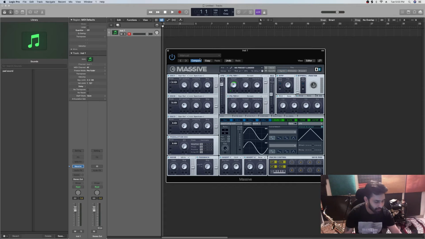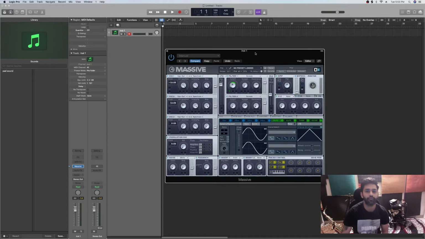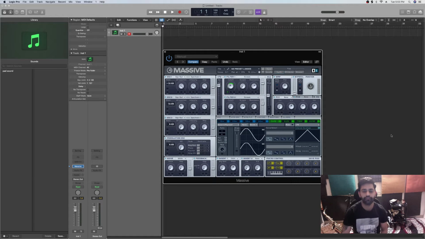All right, so I'm gonna get started with Native Instruments Massive. Now, Massive is basically a wavetable synthesis. It basically means it's a combination of one or two or more waves, where we combine them and make the sounds out of it. I'm gonna start making a pad sound first of all, because pads are basically the beds for music,